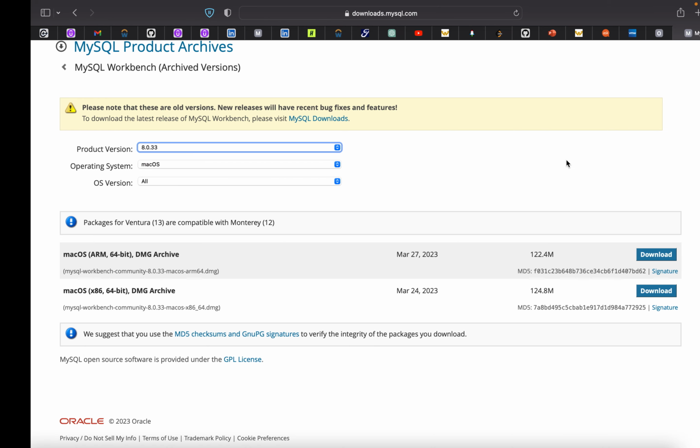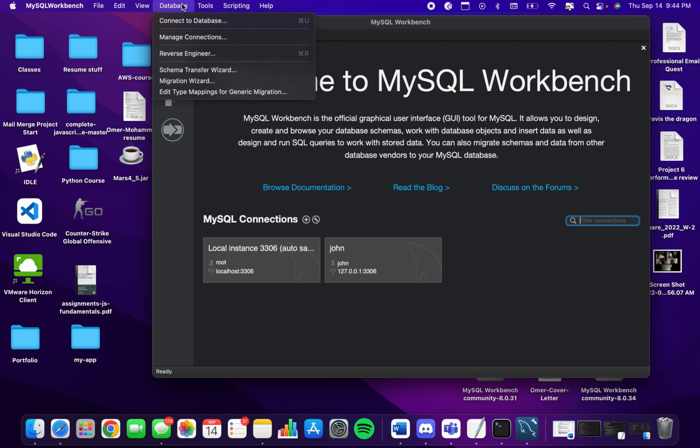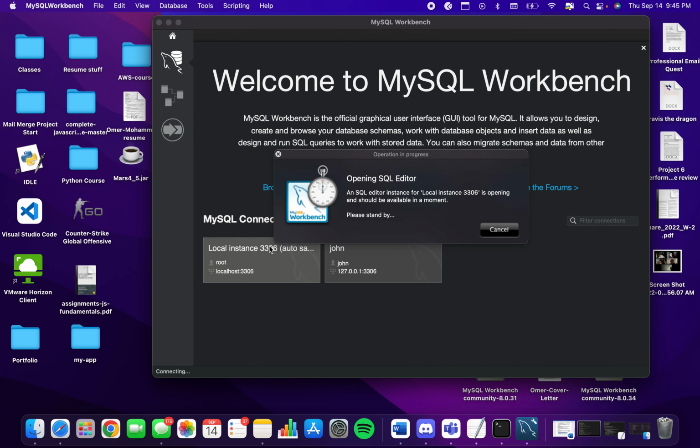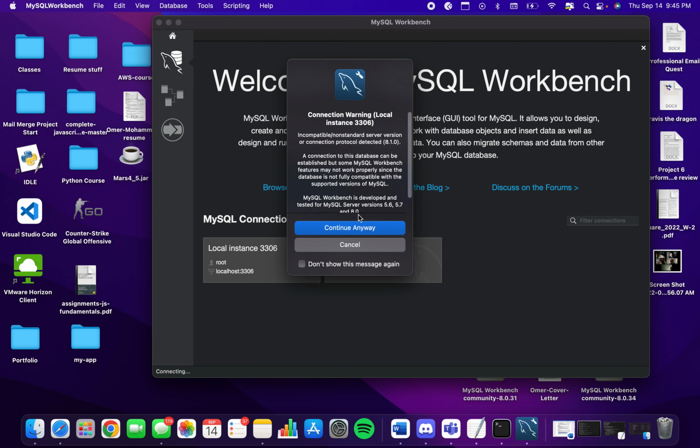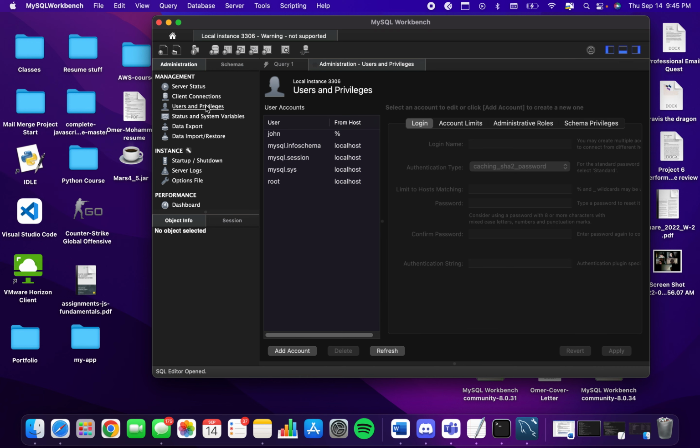After you download it and open it and do a whole setup process, you'll be brought to this Workbench over here. So what you want to do is, I apologize for that, go to my database and connect to database. I already have John set up, but you want to go to local instance 3306, and once you connect to that, which I will do really quickly, continue anyways. I'm brought to an empty page because I didn't put anything on here, but you want to go here, schemas, administration, and I believe it was user and privileges, and you want to add account, and after you add account,